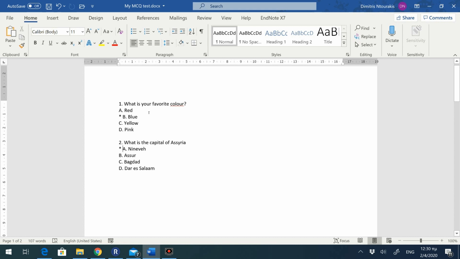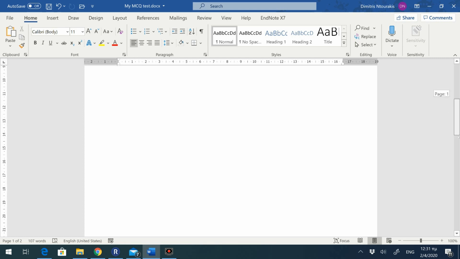So here we have the question, what is your favorite color, and the answers that are formatted in A, B, C, and D. The correct answer is indicated by an asterisk before the letter indicating the right answer. So this is the first option we have. The second option